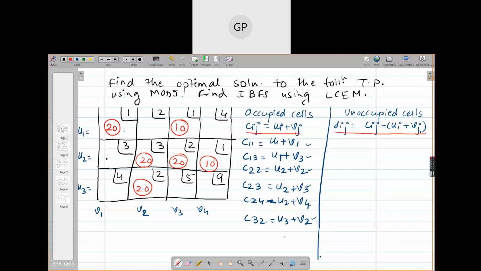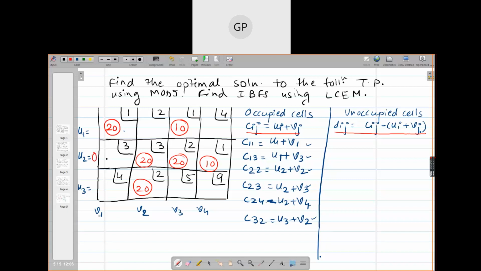Which variable you can see? Which is U2. Because what is happening in U2? U2 corresponds to row 2, where you have maximum number of allocations, right? You have 3 allocations in this row. In the first row, you have 2. In the second row, you have 3. In the third row, you have only 1. So which variable is appearing more times or maximum times? U2. So जब आप उसे 0 बनाते हो, naturally बाकी के आंसर्स immediately आपके आ जाते हैं.